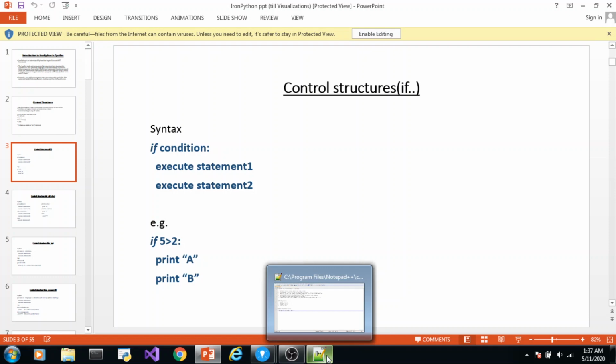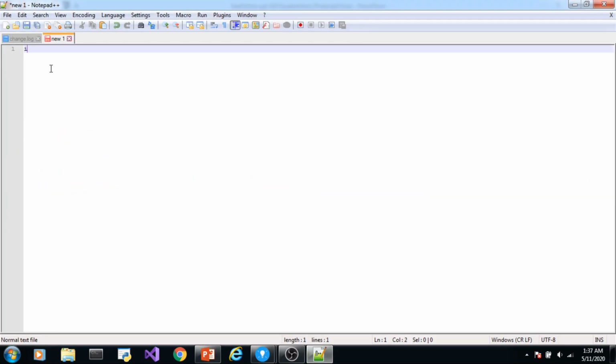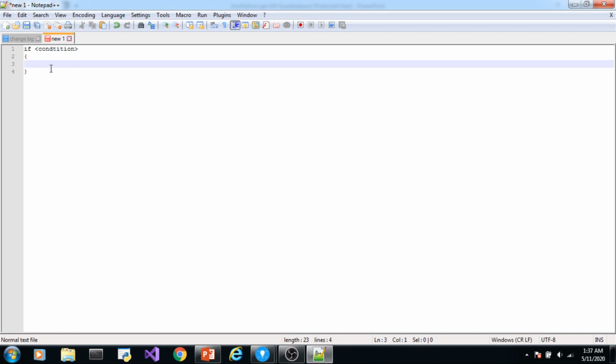For programmers who are familiar with other programming languages like C, C++, or Java, you can write like this: if, condition here, opening brace, closing brace, and you can write the statements within a pair of braces.